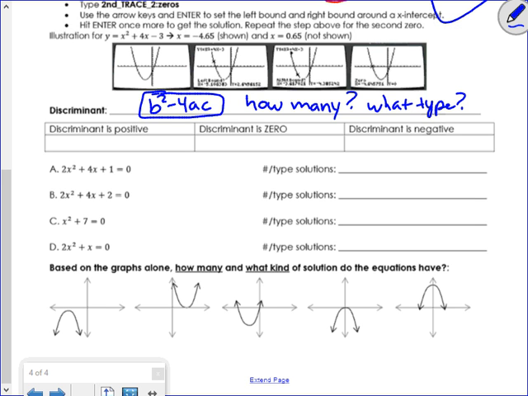So if you guys plug in the numbers and you get that it's positive, you guys will have one real solution. So it could be 2, or 4, or -6, or 2.5. Just one solution that is a real number. If your discriminant turns out to be 0,